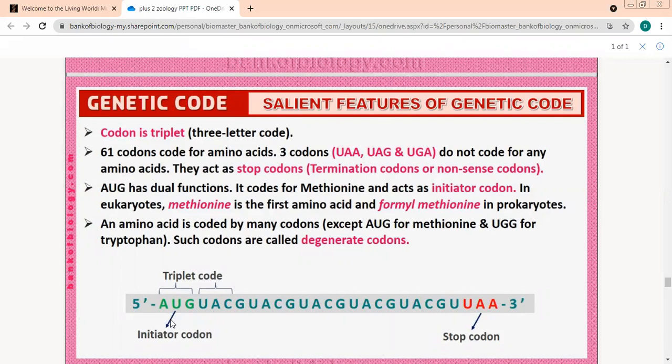Yes, it is PHE, phenylalanine. The next two were? Leucine. Only the first box we are doing. Yes, it is leucine.